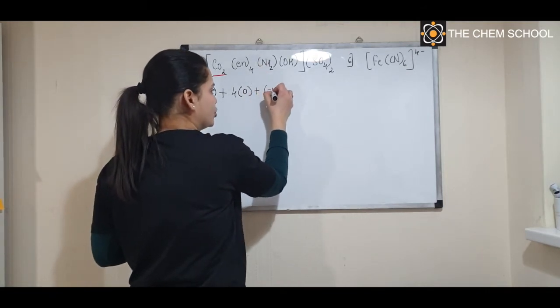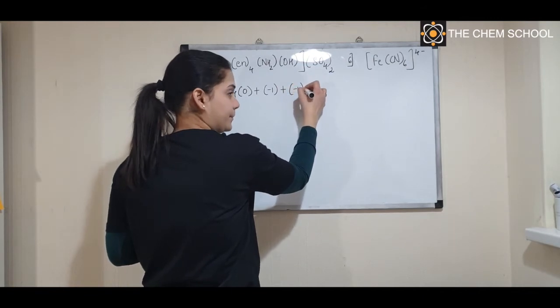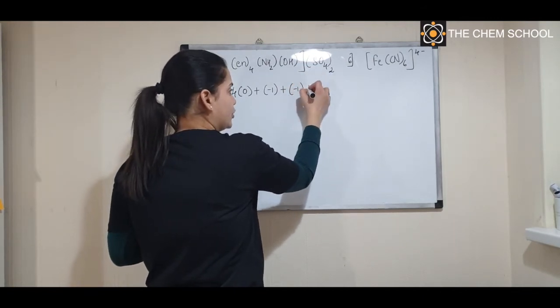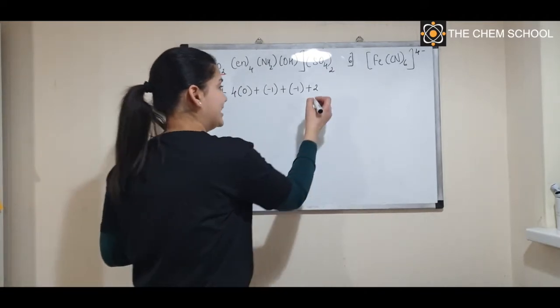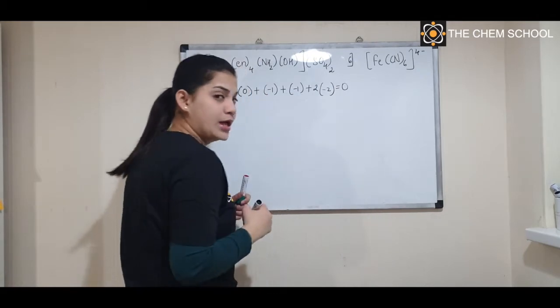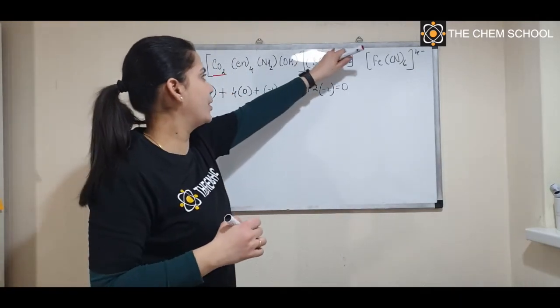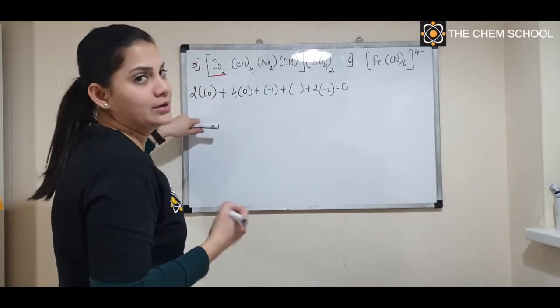H2, so the charge is going to be -1, plus you have OH, hydroxide, has a charge of -1. Is that clear? Then you have 2 sulfate. Sulfate has a charge of -2. So you have 2 sulfate, each of them will have a charge of -2. The total charge will be equal to 0 because there's nothing on the square bracket because now you have the anions attached.